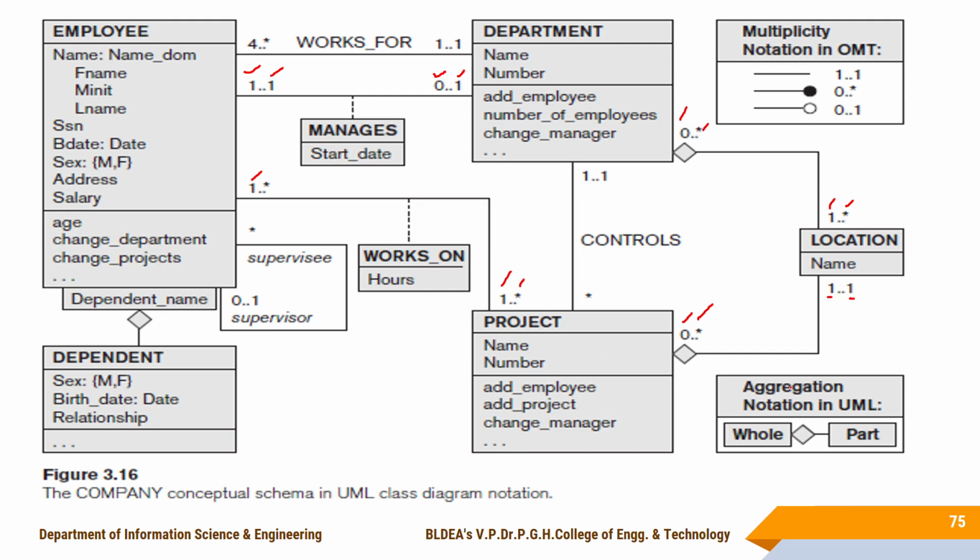And here using aggregation, this is what we call aggregation. This is your whole class and this is the part of that class here. And weak entities, if you have weak entity types, you take them as a class, and the partial key of this one you represent as a dependent name which is attached to the main class here. For this one you attach it here. So this is about your UML diagram. Is it clear? This is one more notation you can use for representing the conceptual schema here.